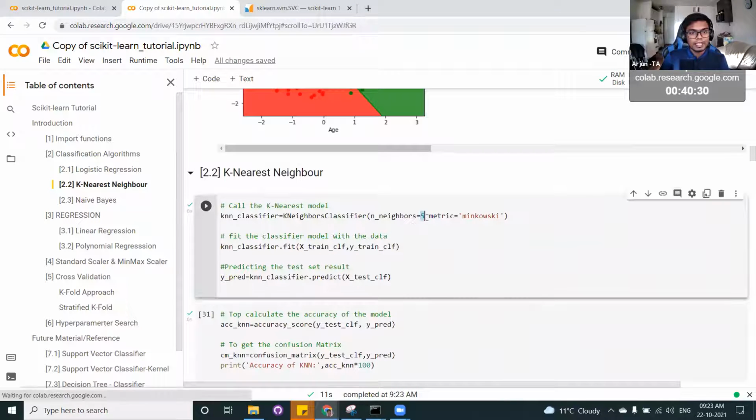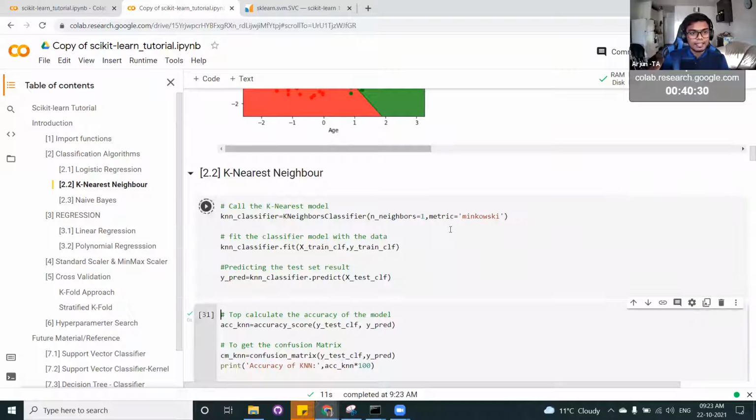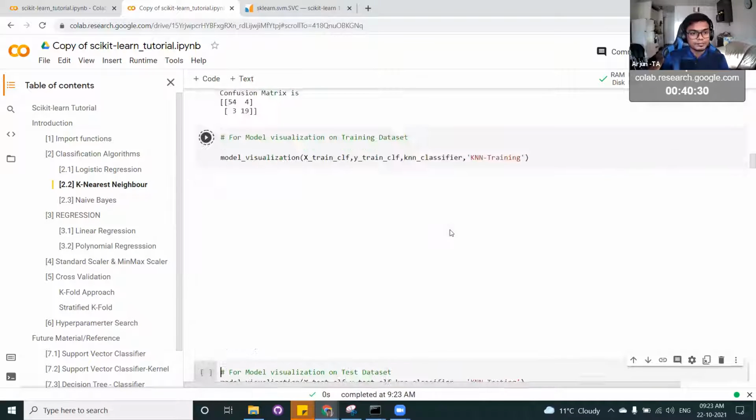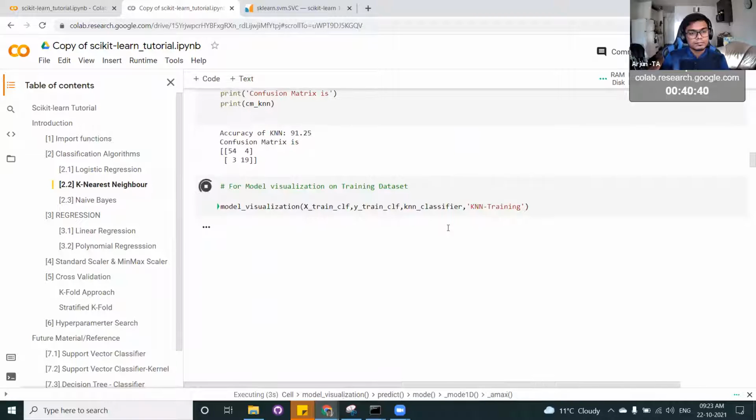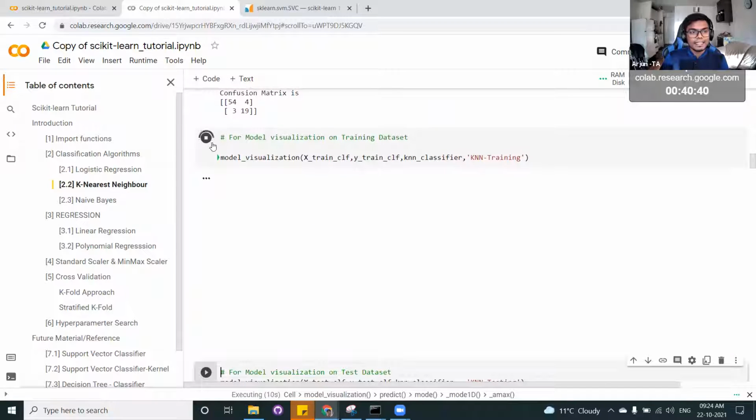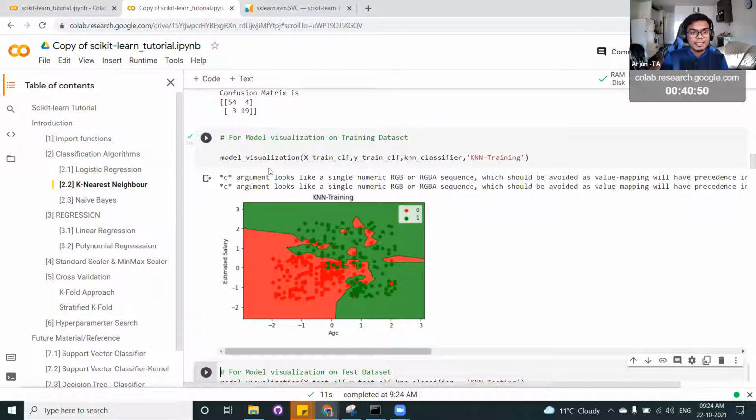And just to be sure, if I select 1 as the nearest neighbor, you can see here why it's taking much time, because KNN generally takes very long to run. So when you use k equal to 1, do you think the model is underfitting or overfitting?